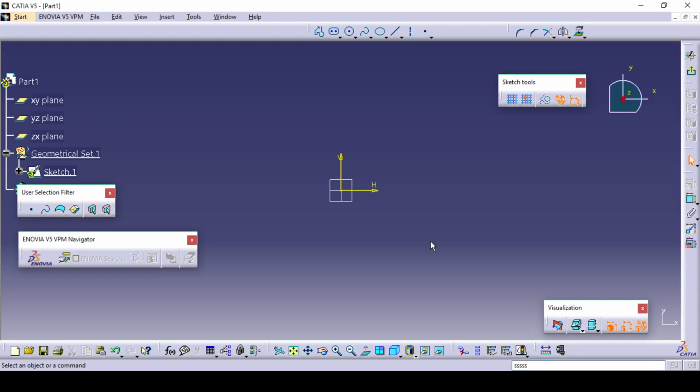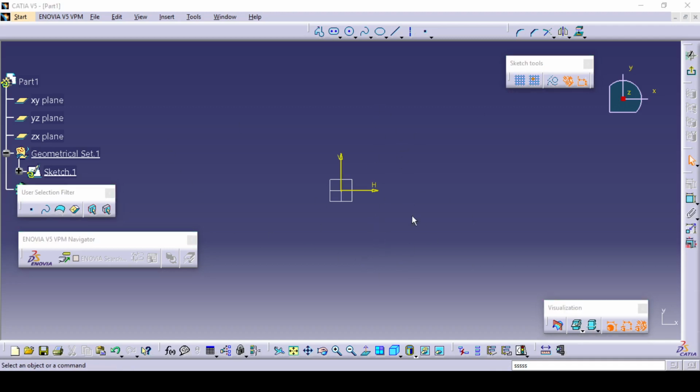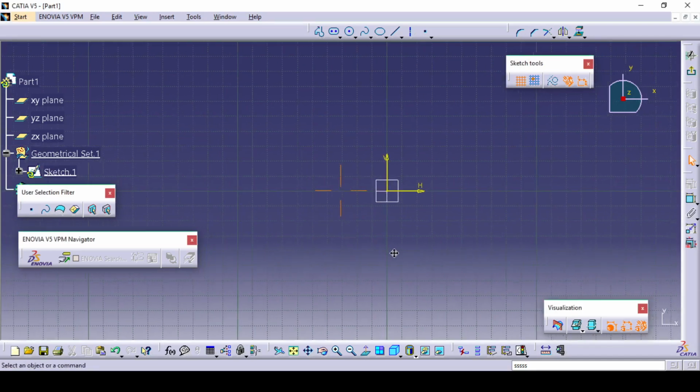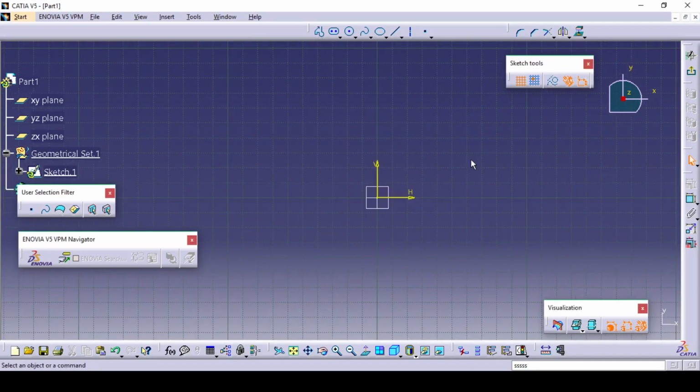In this video tutorial, we are going to see sketch tools inside CATIA V5. Now we are inside a sketching environment inside CATIA V5. You can see this sketch tools toolbar over here, and inside this the first option is called grid. Okay, now you can see the graphics. There is no grid present. Grid means there are some horizontal and vertical lines, and this divides the space in equal proportions. So when you switch this on, you can see the grid view, and the second option is called snap to point.